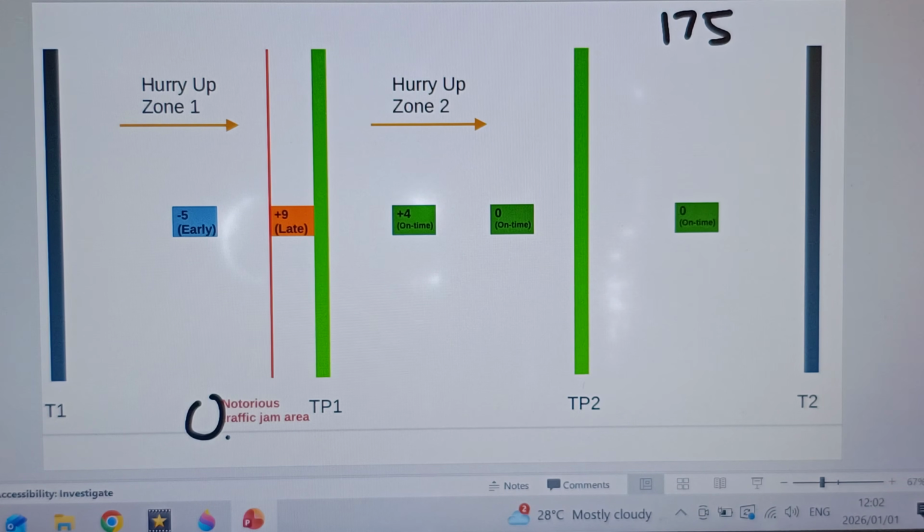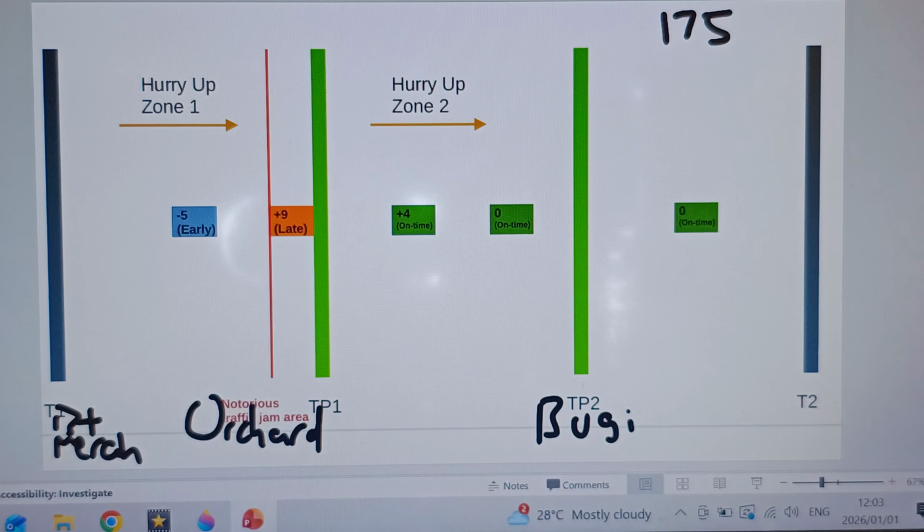So this is Orchard. And let's say this T1 is something like Bukit Merah, like Jalan Bukit Merah. Block 120 or something. Or 119. I'm sorry, I forgot the bus stop name. And then TB2 would be something like, let's say, I know this is not really a good example, but let's say Bugis. And then this is like Geylang Lorong 1. This is just to help you visualize.